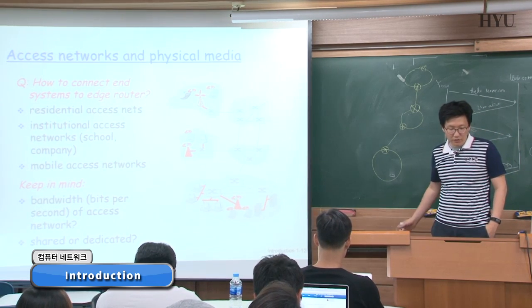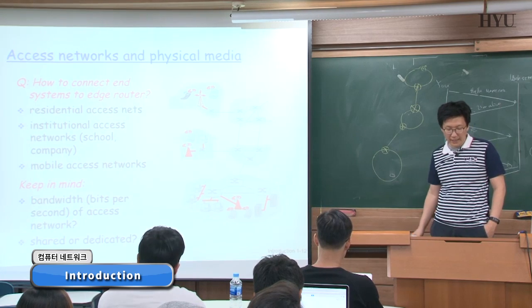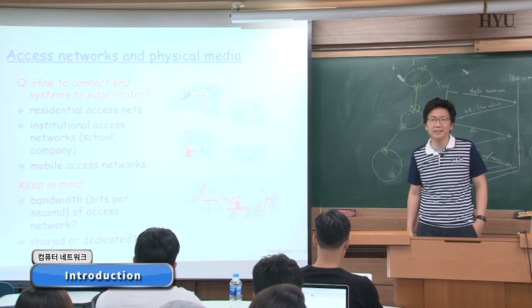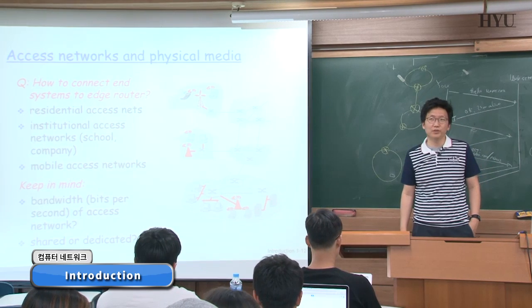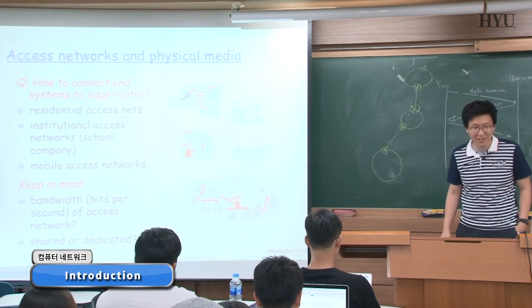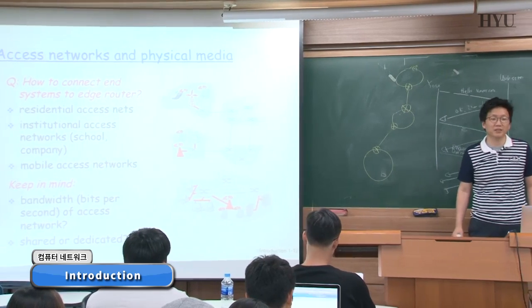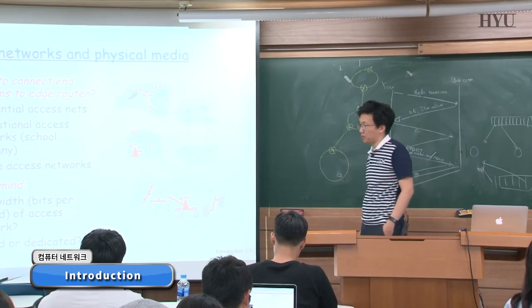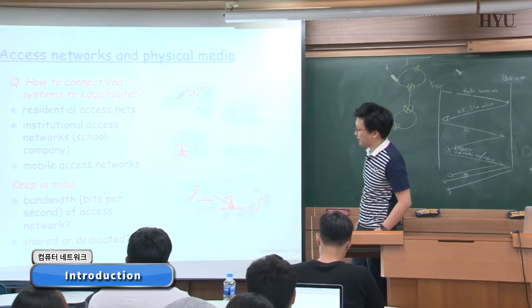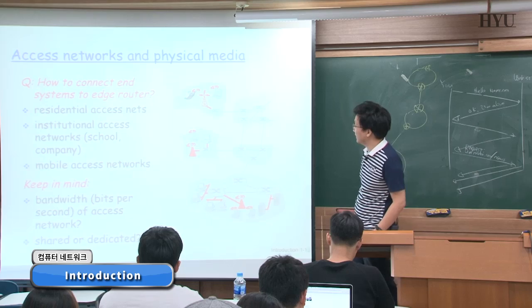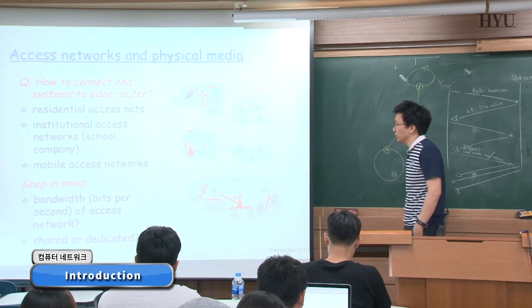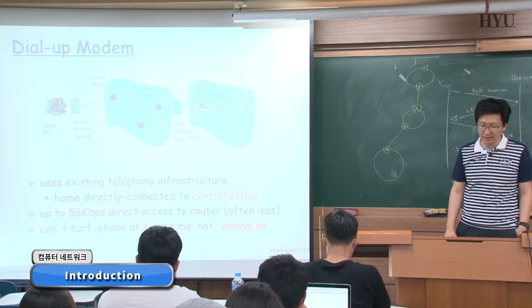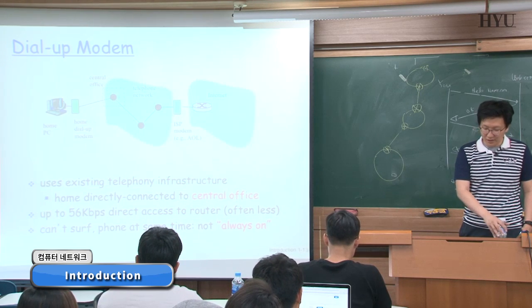Residential access net, institutional, mobile access network, Hanyang University LAN, wireless LAN, HYU WLAN, which shows very poor quality all the time. Keep in mind the bandwidth, bits per second, of an access network, shared or dedicated. There are many other issues to consider. I'm going to skip a few more slides, like dial-up modems,